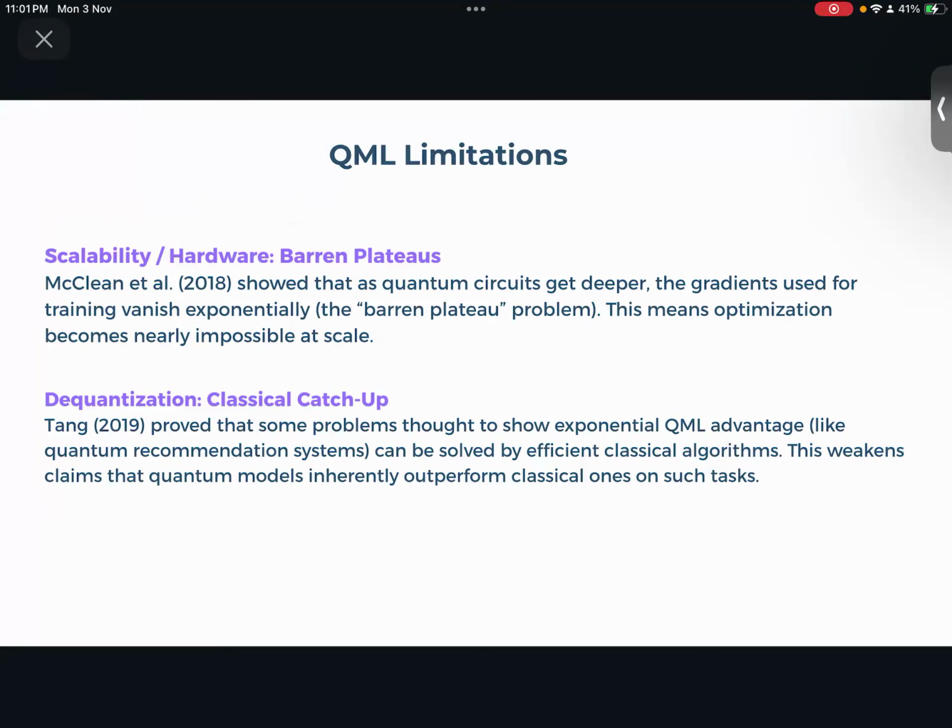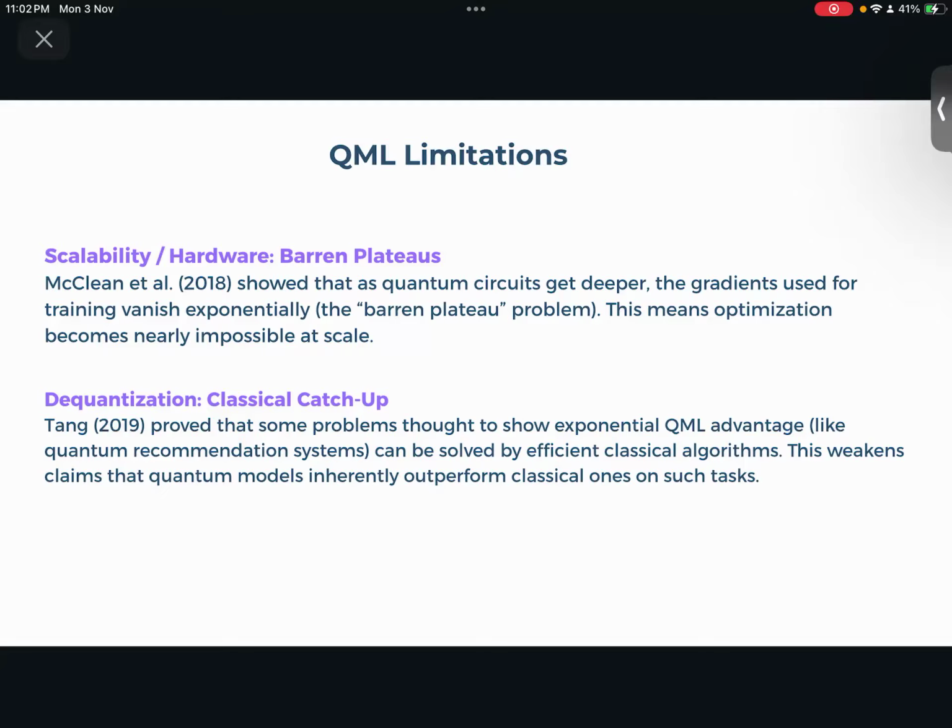So for the limitations, as I mentioned before, we have the barren plateau. The gradient that we use to train vanishes exponentially, and this means that if you are scaling, if you're having more data, then the optimization of that data parameter can never happen, because you'll need really large quantum computers. I would say you need many qubits to be able to overcome this challenge.